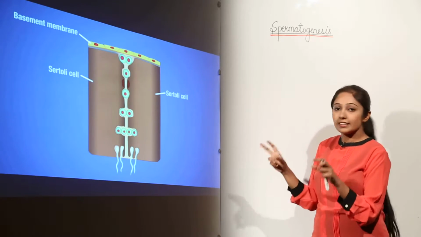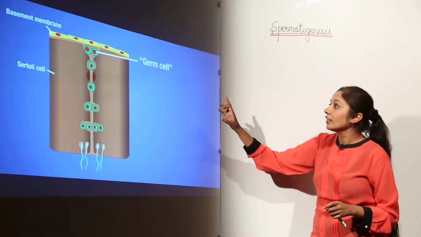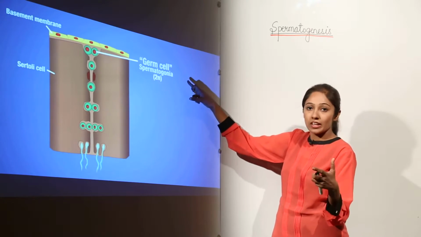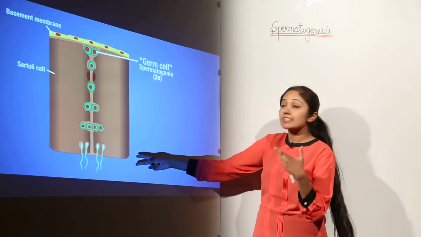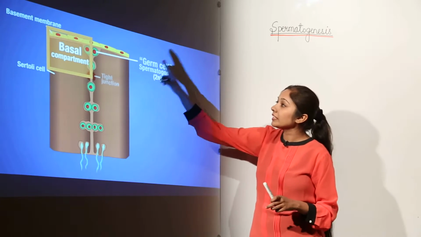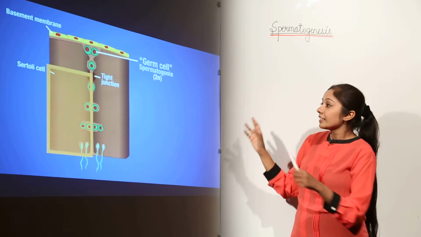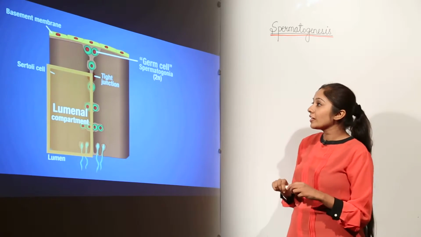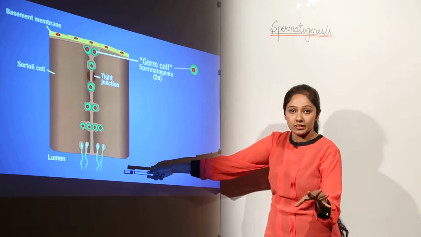Now we have divided this into two regions. The first region is called the basement region, and here we have germ cell spermatogonia which is going to undergo mitosis to produce finally spermatozoa, that is the sperms. So when we talk about this germ cell spermatogonia, this upper region is known as a basal compartment, and here we have a tight junction. After this, the next compartment till this we call it as luminal compartment. So what is going to happen? The spermatogenesis is going to begin from this basal to this luminal compartment.